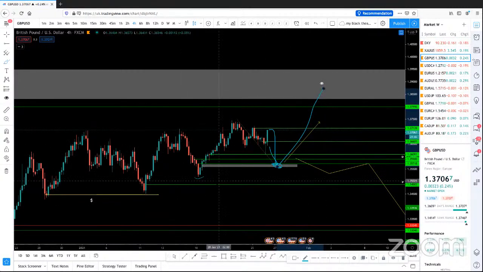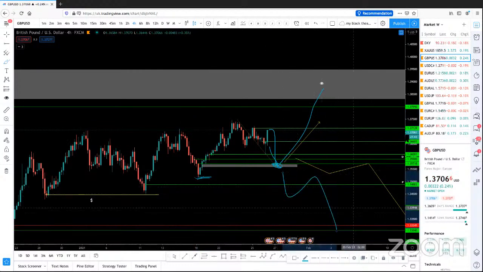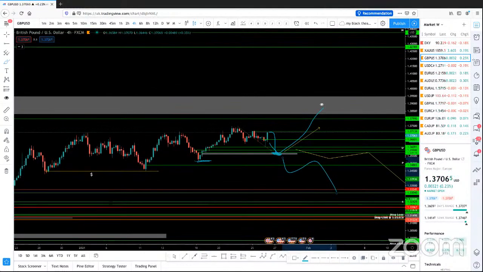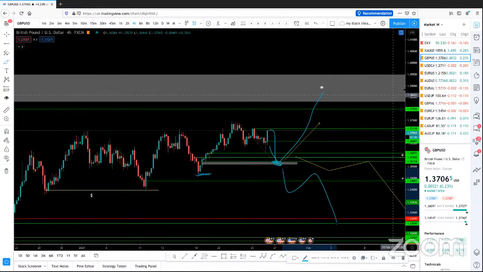If GBP USD breaks this lower, then the pair could move lower. So guys, here is the thing: we don't want to stick with one direction, whether it's a buy or sell. We don't want to marry the buy or sell. We need to adapt to changes when the market changes, because the market always changes direction, and the momentum and the structures always change. So we have to be ready, and adapt to the changes quickly and react.